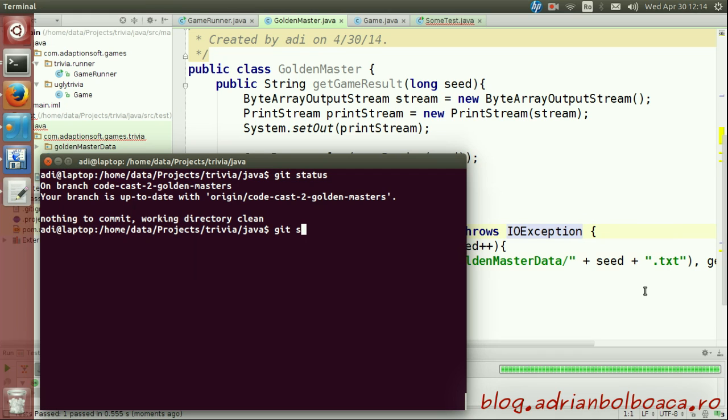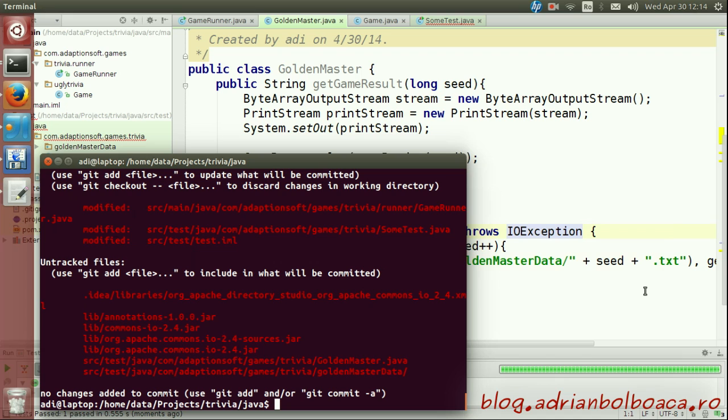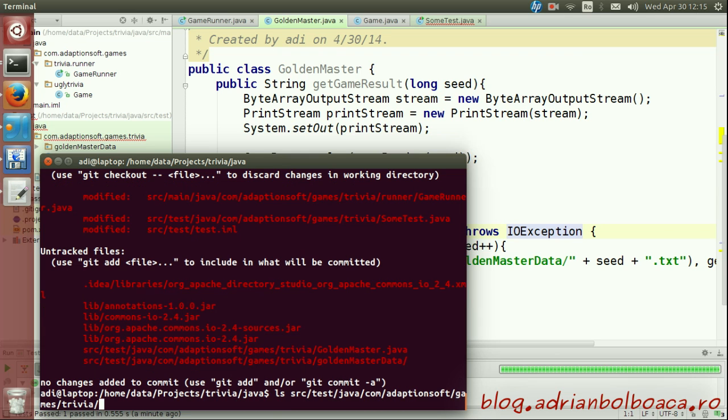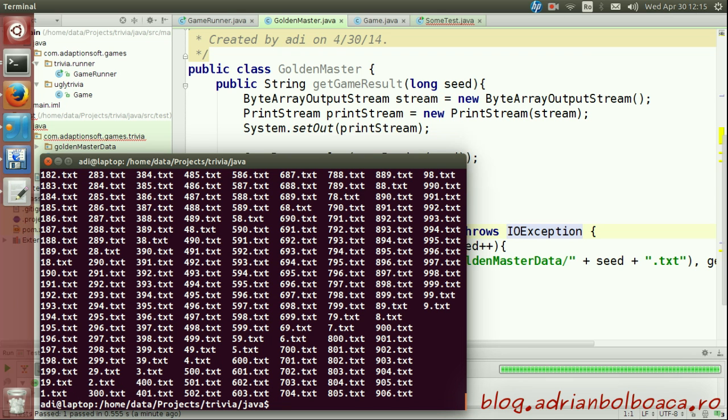If I do git status, I see that I have a lot of things added, and I see here that I have a Golden Masters data folder added. So if I go there to sources, test, Java, I will see a lot of files. So these were all generated